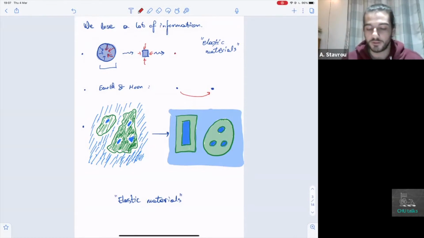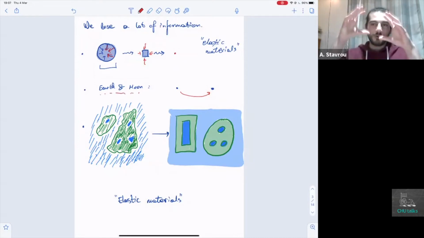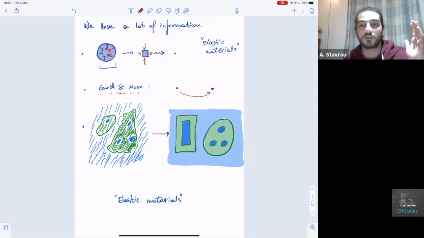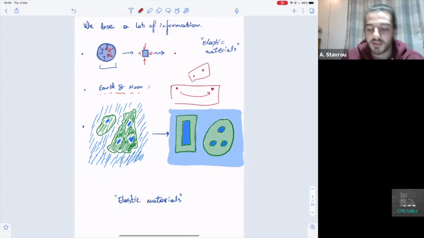to a single point. And right, if I ask about the Earth and the Moon, as I asked before, well, you can shrink the whole of the mass of the Earth, at least in my topological mind, to a single point. Same for the Moon. And you can move them around. So this for me is the same picture as that. Well, there's a smile there. And I do not care about the distances in between.